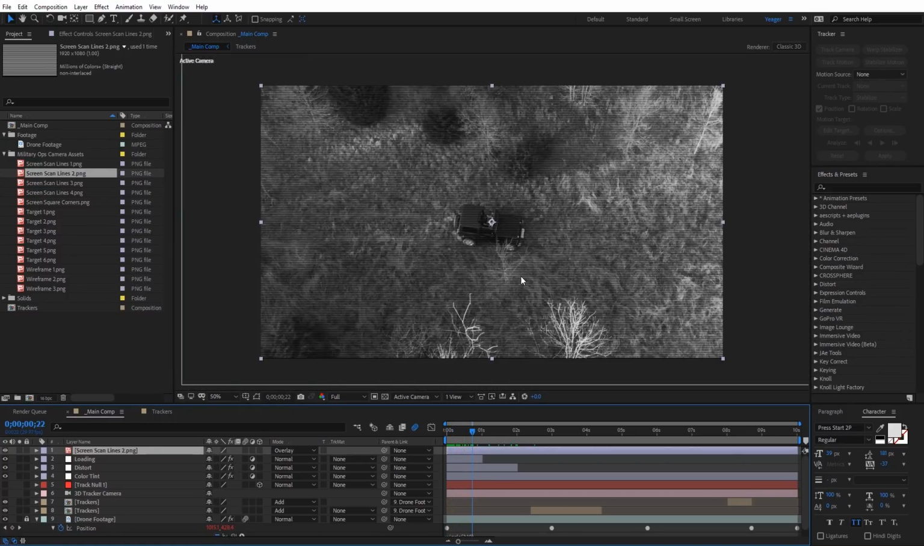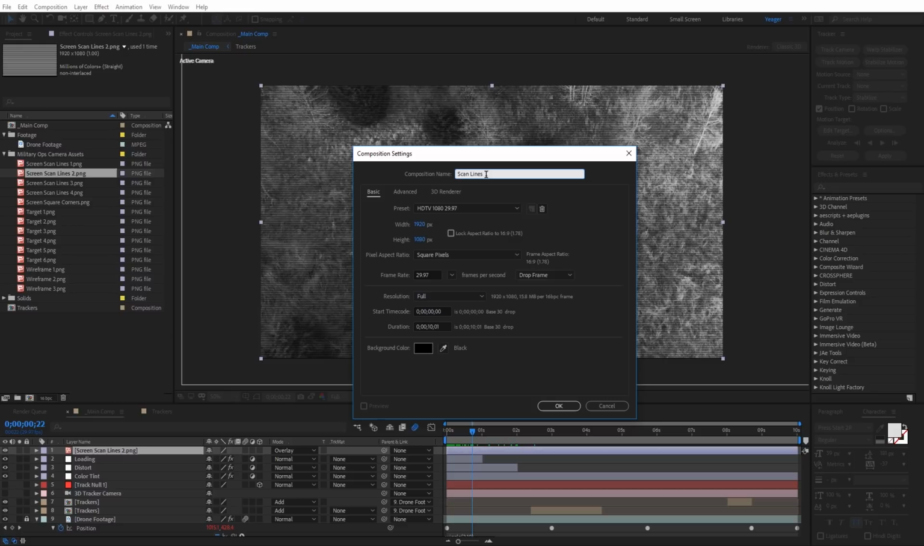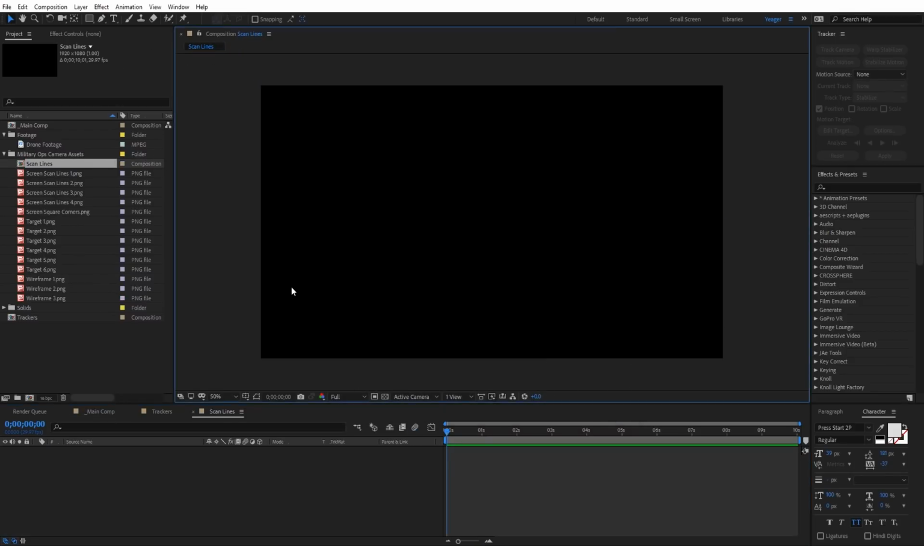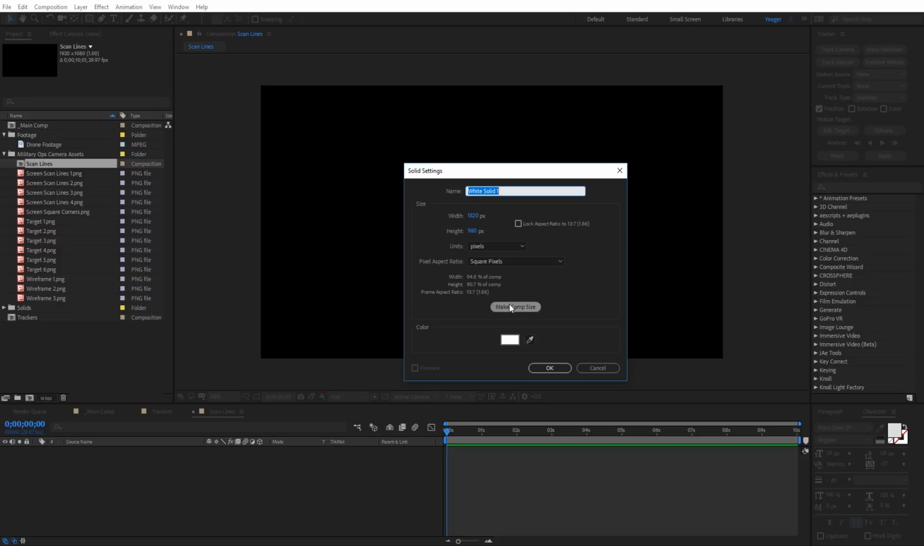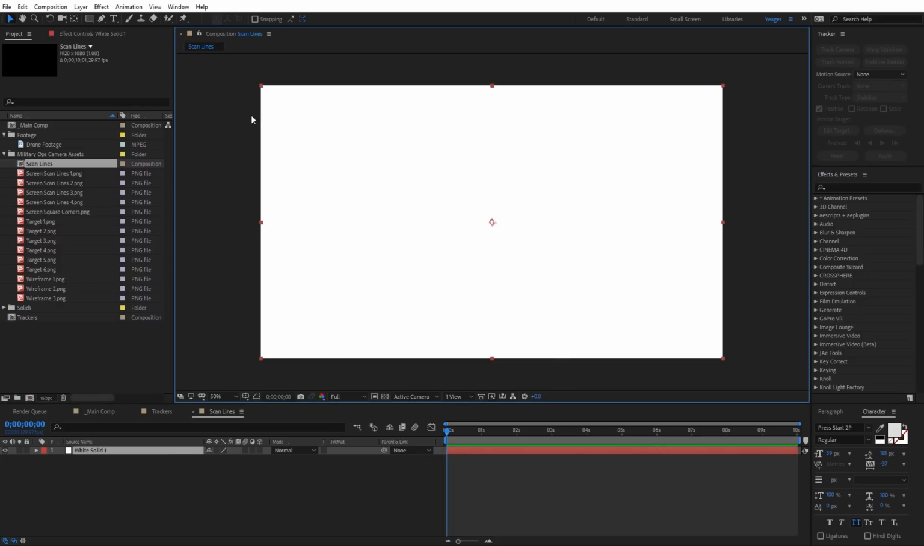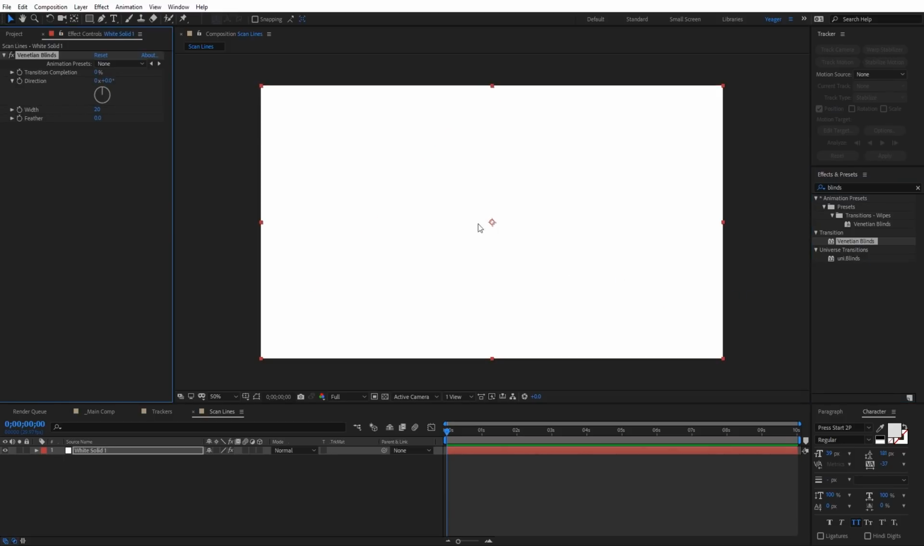Now, if you want to create your own scan lines, it's super simple to do. Just come over here and click on a new composition. We'll call this scan lines and click OK. In here, I'm going to right click and do a new solid. I'll make it white, comp size, and click OK. Then on that solid, we're going to apply the effect of Venetian blinds. I'll search for blinds over here, and you'll see Venetian blinds under transition. I'm going to apply this to that solid, and under transition completion, set it to be